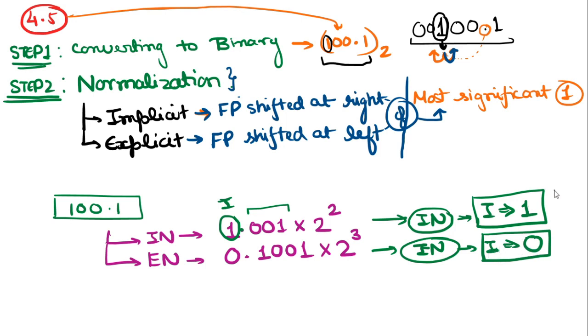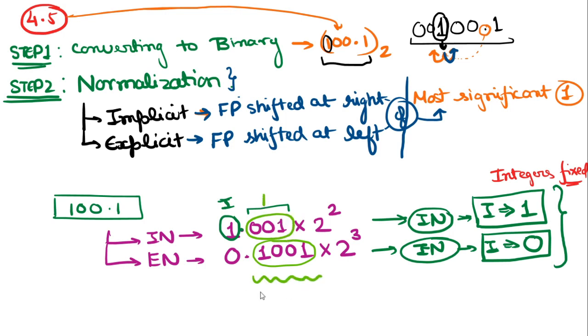Okay, in both these normalizations we have the integers fixed. So what we do is we actually take the part after the binary decimal point as mantissa. So this part after the decimal point,